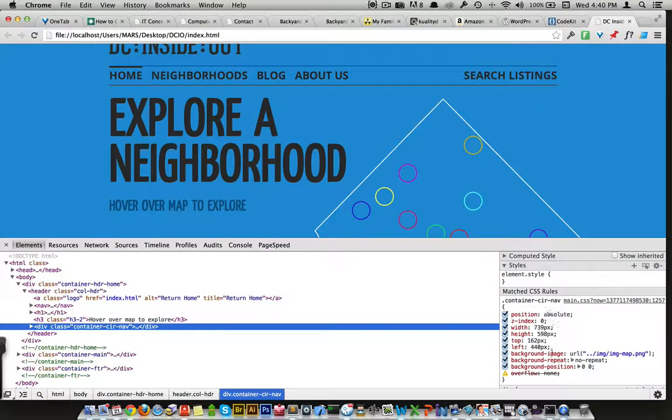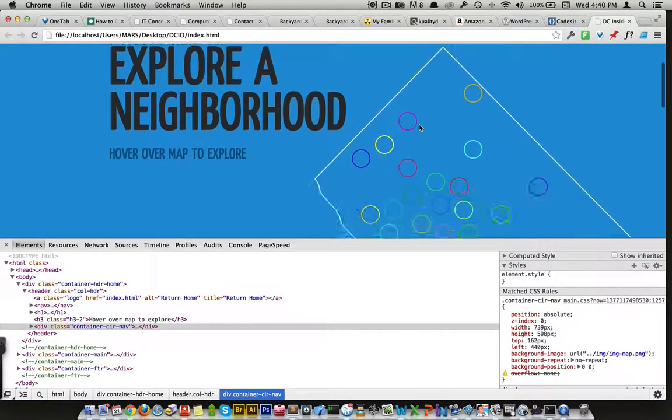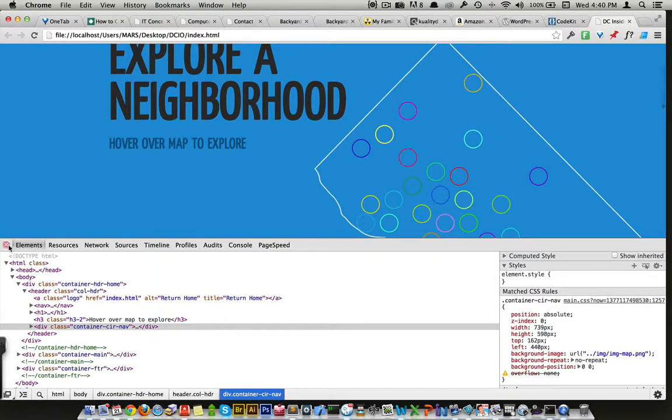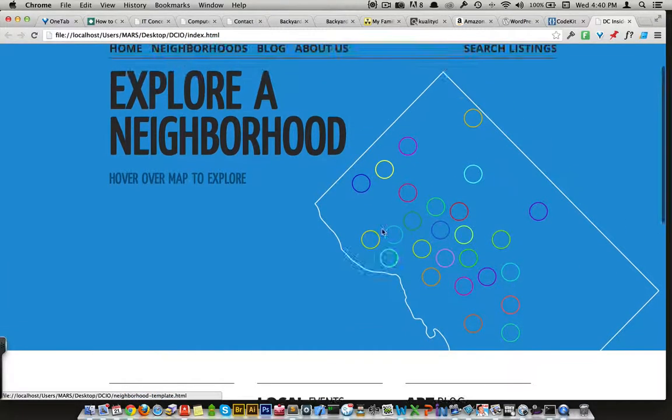If you look at it, here's all the CSS to it: the top and left, the actual dimensions of the div itself, and you can see that there's an image in the background. The reason I needed to do that, and again, I'm sure other people can figure out better ways to do this, is because I still had to create all these CSS neighborhoods, and obviously those fade into